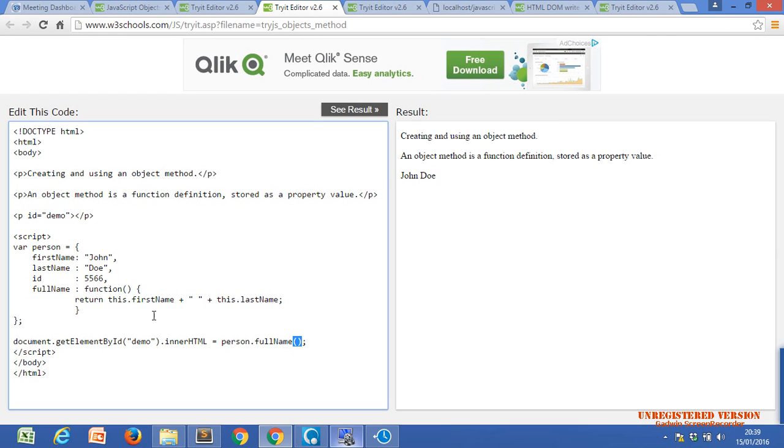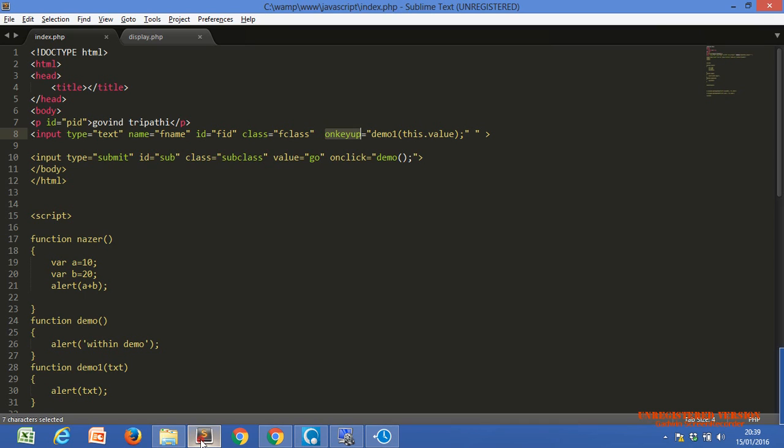Why? Because it is a function, right? We have just assigned a function. That's why we are using small brackets. How do we call any function? Using small brackets. Okay, let me show you here.